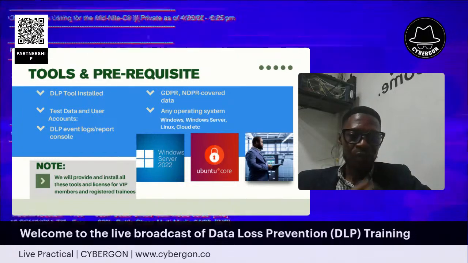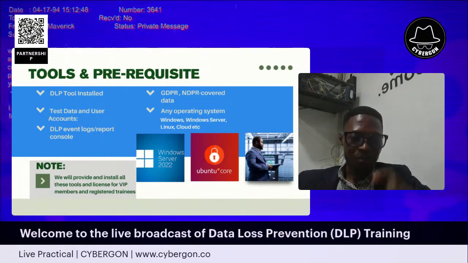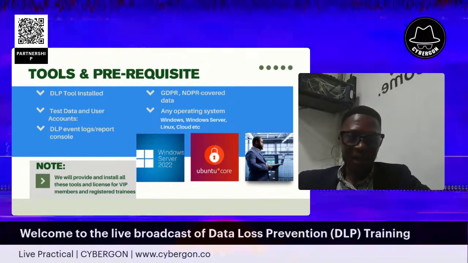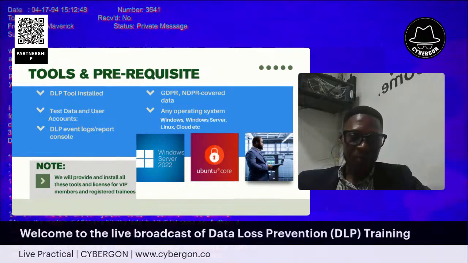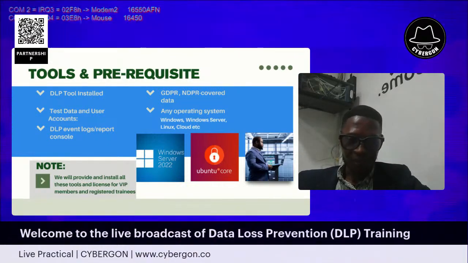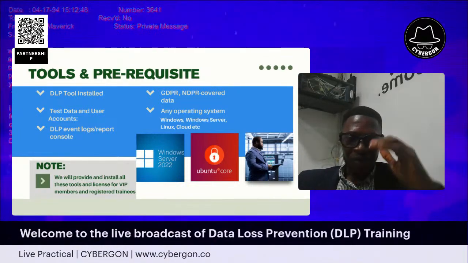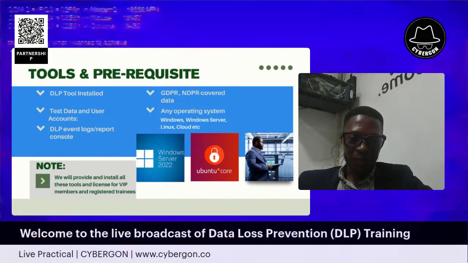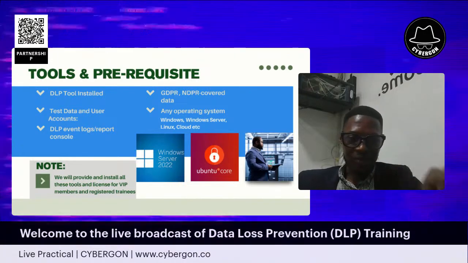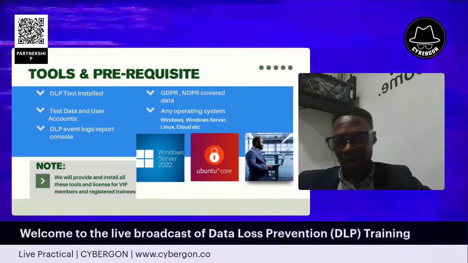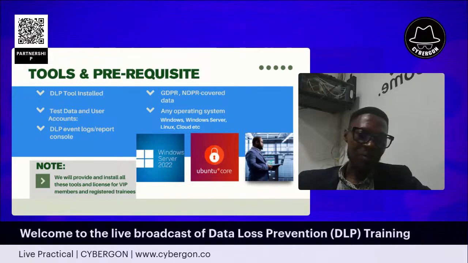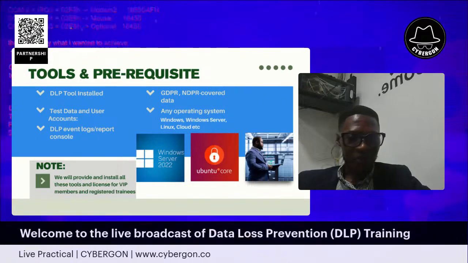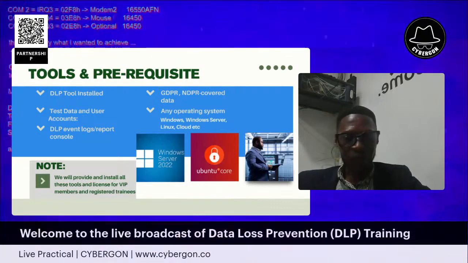So number two, we want to implement a solution that will block or stop that action entirely. It either blocks, or archives, or suspends the action. Number three, we also need to implement a logging system that keeps a record of whatever happens in and out of your network, including the email systems, the data transfers, USB block. Of course,